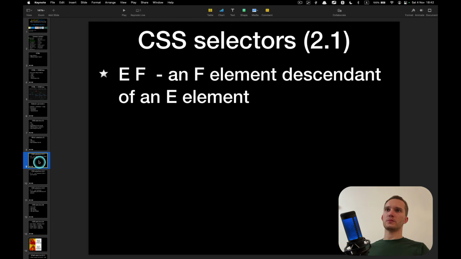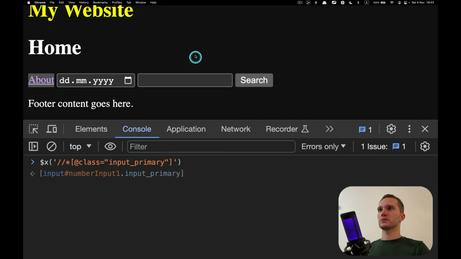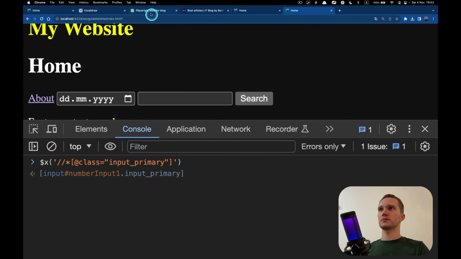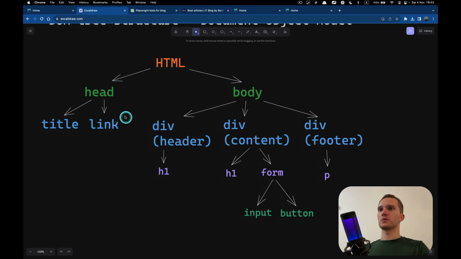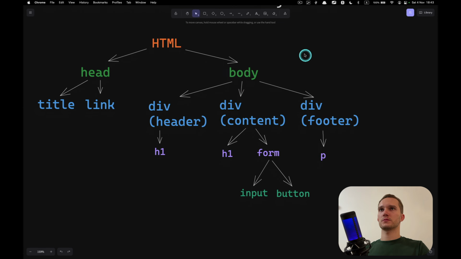So in CSS, if you remember, actually in the DOM tree, we can go from the top of the tree to the bottom, to the children. And in CSS we have three types of selectors.